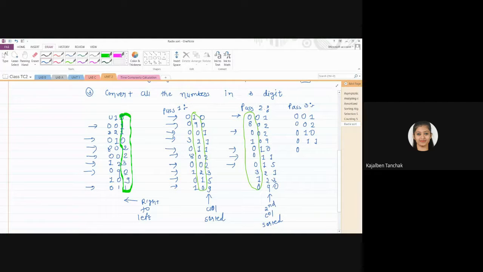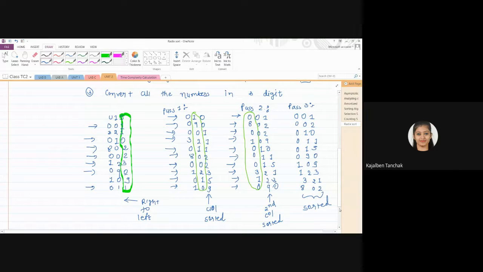Then 0, 1, 5. And then 0, 9, 0. Okay. After that we will take 1. 1, 0, 9. Then 1, 2, 3. Then after 2 is there? No. 3 is there. 3, 2, 1. And then finally 8, 0, 2. So now you can see, if you compare this, 1, 2, 10, 11, 15, 19, 190, 109, 123, 321, and 802. Now the entire array is sorted.